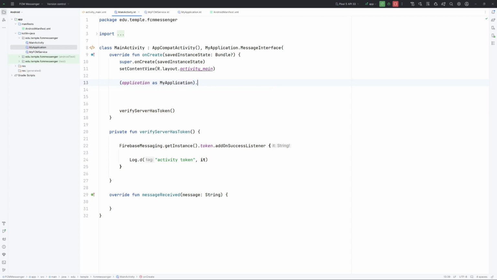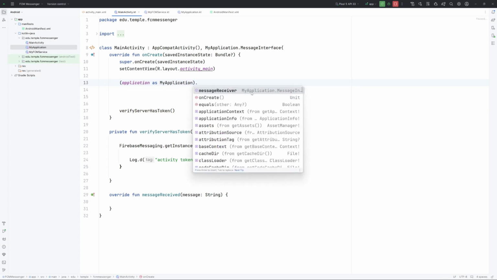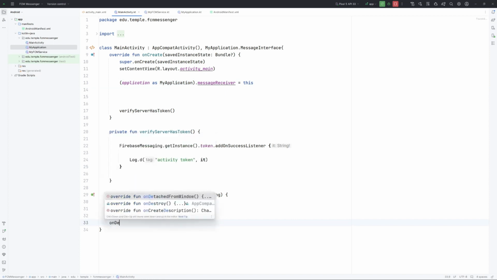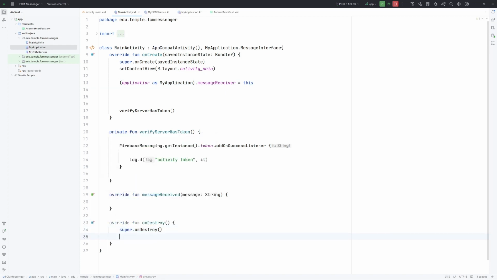And now that I've done that, it has a reference to a message receiver property. And I'm going to say that I am that object. So the activity is registering itself as a receiver of messages. The only receiver of messages. Clearly, I would need to go back and do a more complex system if there were multiple components that could receive messages. And then in the onDestroy of this activity, because anything you do, you need to undo,